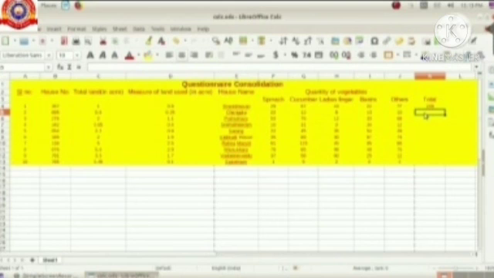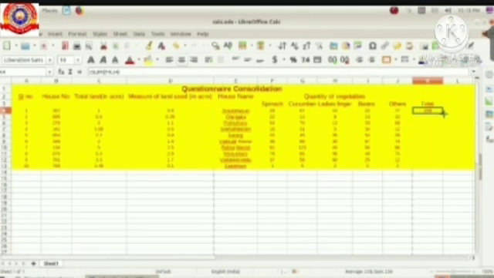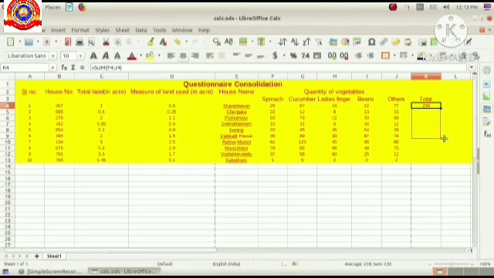Next, we want to find the total of all these cells. For that, use the fill handle tool. That is, select the first cell, then place the mouse pointer on the bottom right corner of the cell. Then the mouse pointer becomes a plus sign. At that time, click and drag the mouse pointer to the entire column.